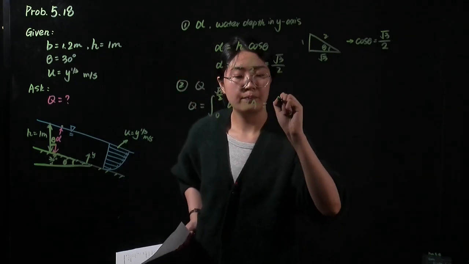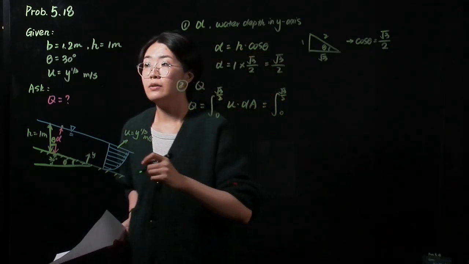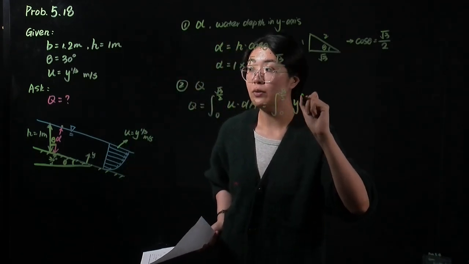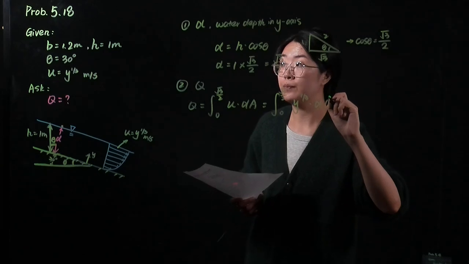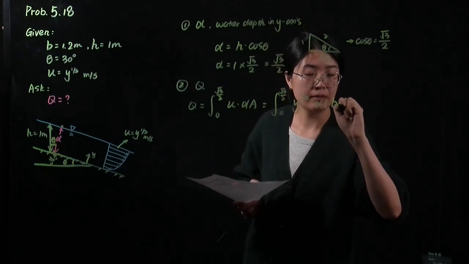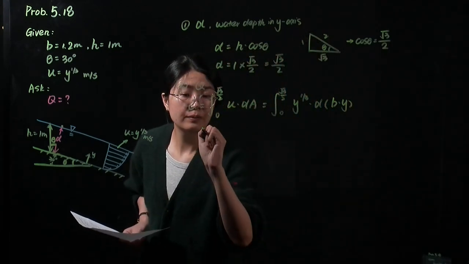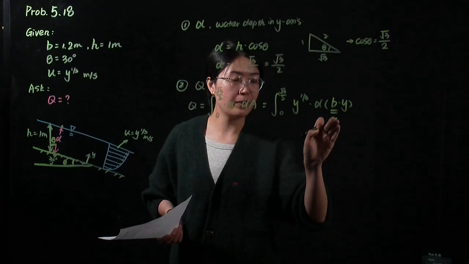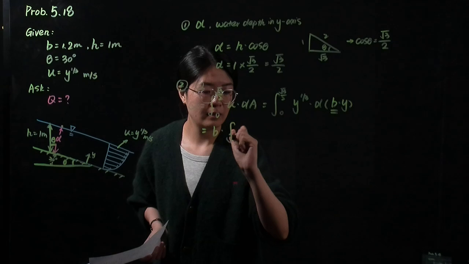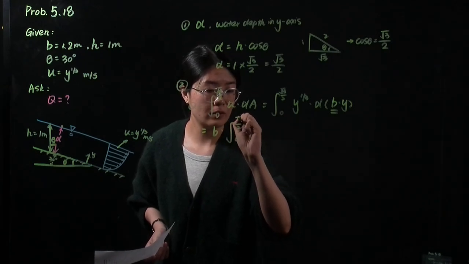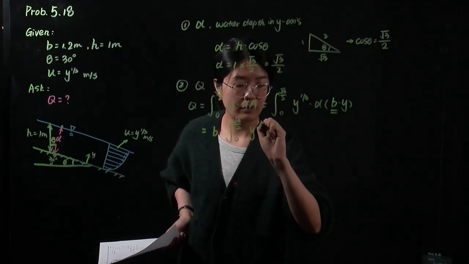And we know the velocity equals y to the power of 1/3 and A equals B times y. Because B is a constant, we can put it outside. So the equation equals B times the integral from 0 to square root 3 over 2 of y to the power of 1/3